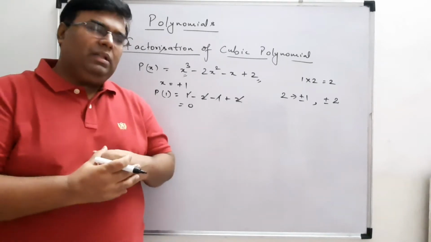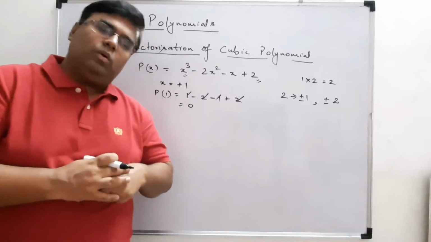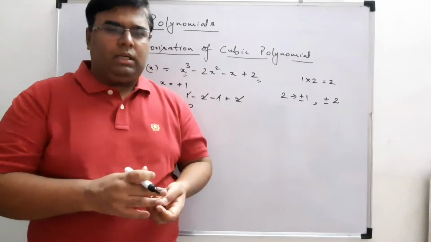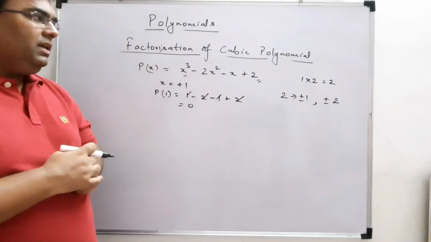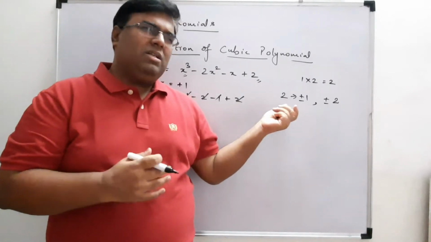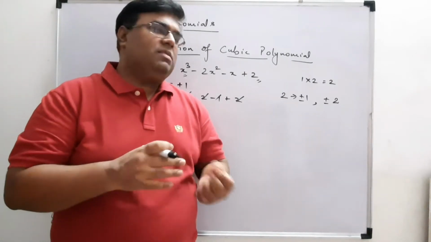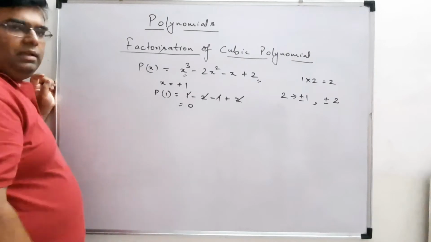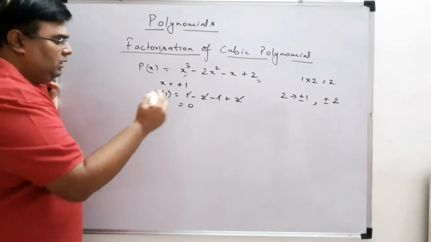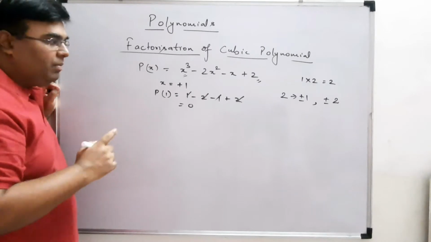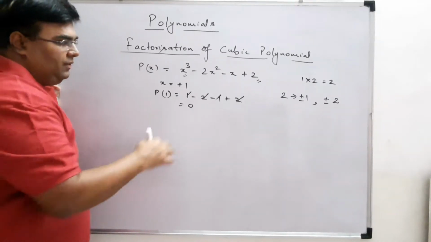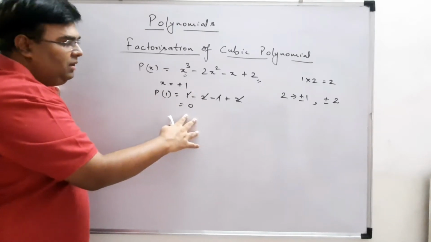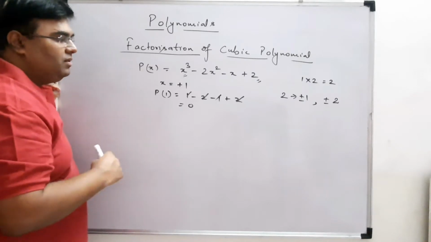It may happen that in the first attempt we will not get the value 0. So you try the next factor, and I think in 2 to 3 attempts you will get the value of x. There are major chances that plus or minus 1 or plus or minus 2 will be the factor of the polynomial. So we know that plus 1 is the root, so p(x) will be divisible by x minus 1. If after putting the value plus 1 we get 0, then x minus 1 is the factor, right?